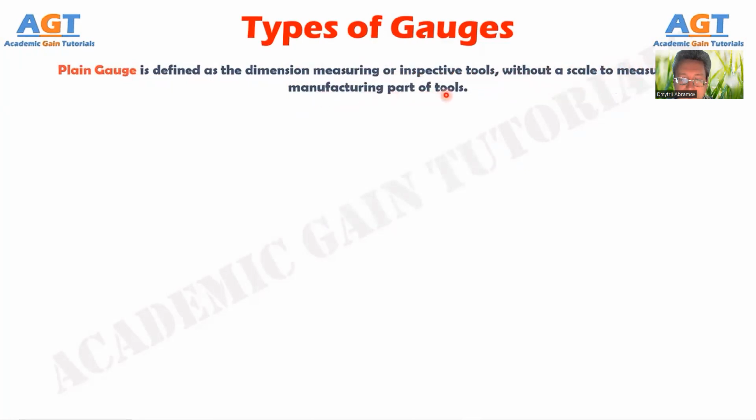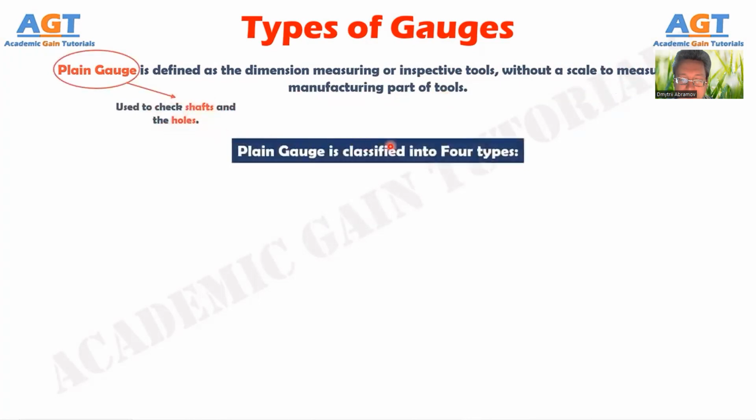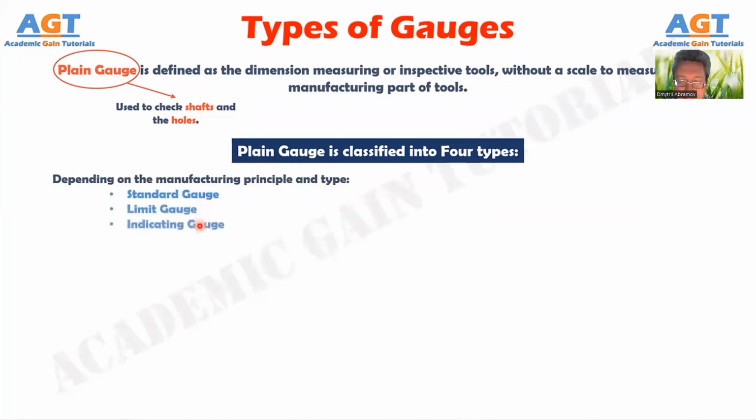In order to check shafts and holes, plain gauge is used. Plain gauge is classified into 4 different types. Those types are as follows. Depending on the manufacturing principle and type, the plain gauges can be classified as standard gauge, limit gauge, indicating gauge,